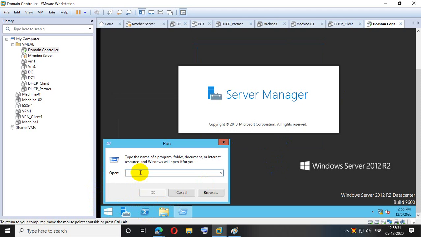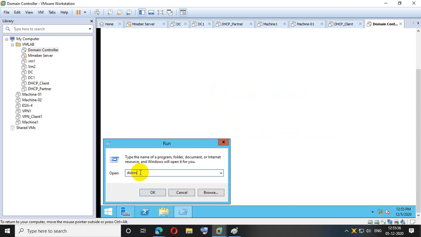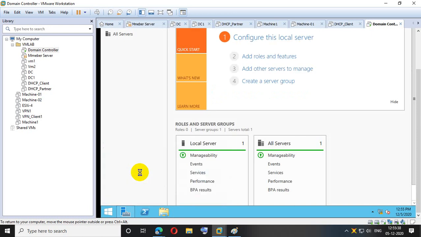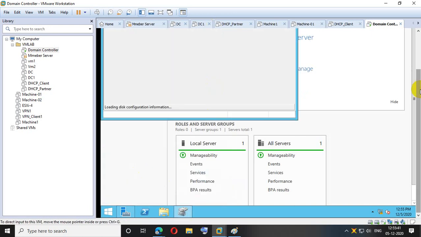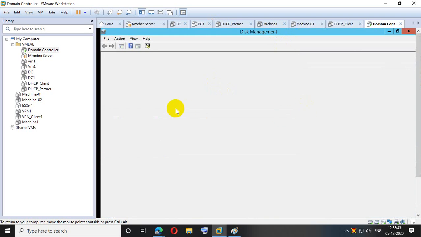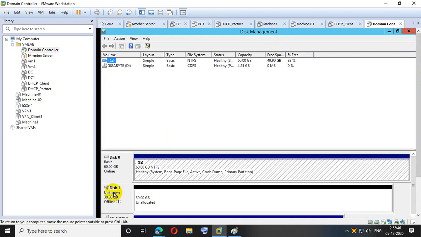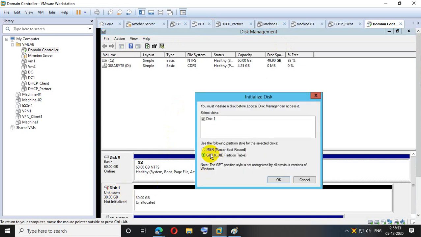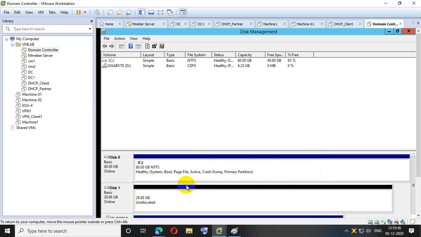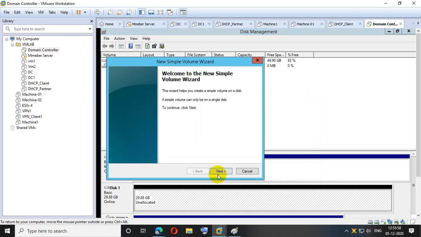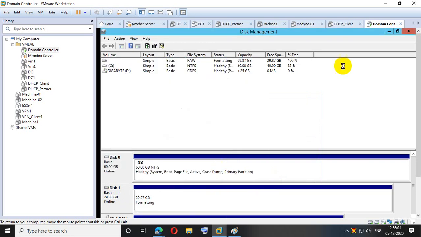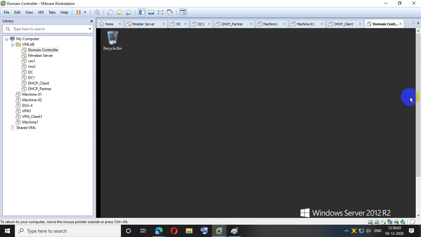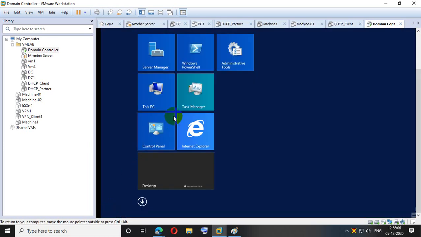I'm going to disk management, diskmgmt.msc. In disk management, first you have to bring the disk online and initialize it. After that, create a new simple volume. That's it. Now I can see that the disk is available on my computer.